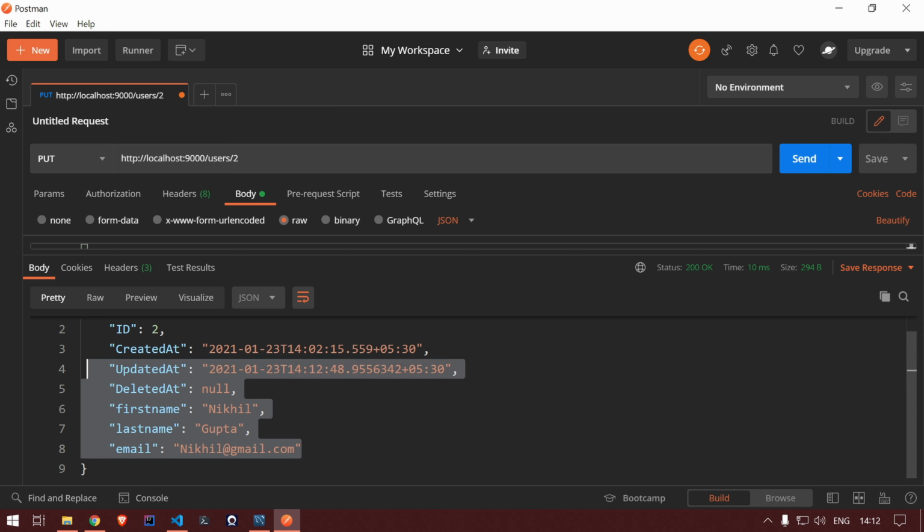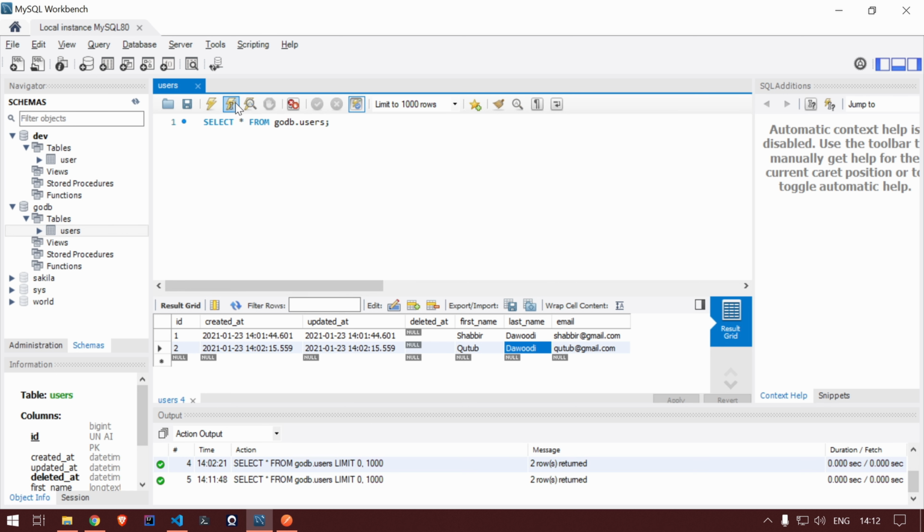You can see that we are getting the new data, and once we refresh over here, you can see that the data is updated successfully. So this is just a simple update based on the primary key, but there are a lot of things that you can do. You can check the documentation as well. There are a lot of different ways that you can update the data according to the requirement itself.